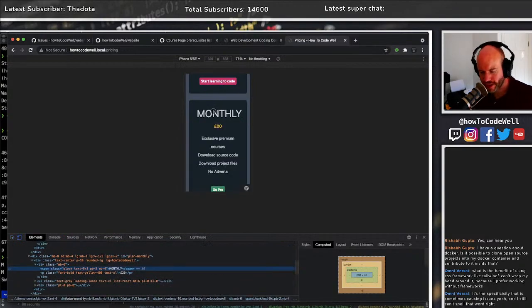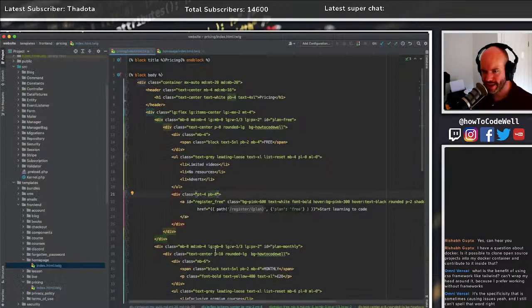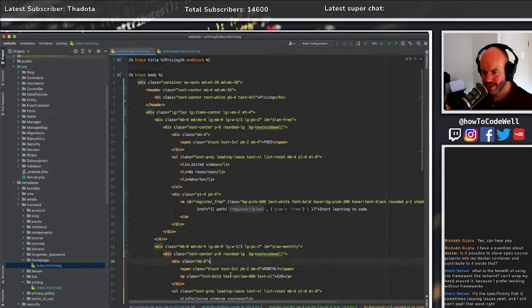So yeah, I'm going to assume that it's the same set of styling. So we'll play it down. Yeah, we've got a margin bottom of 8. That's correct. Margin bottom of 4 on MD. Yep. See again, there's a lot of duplication here. It's not good.